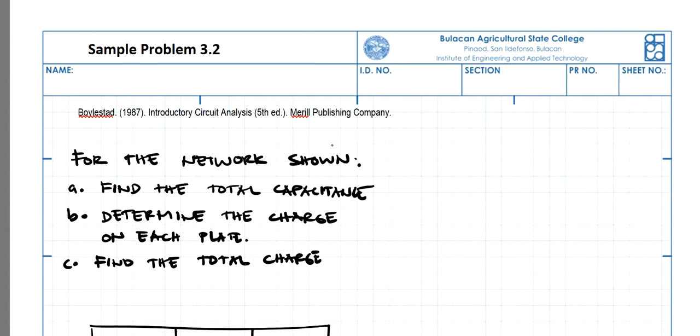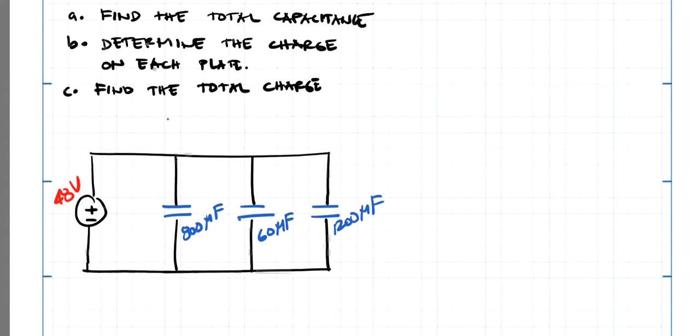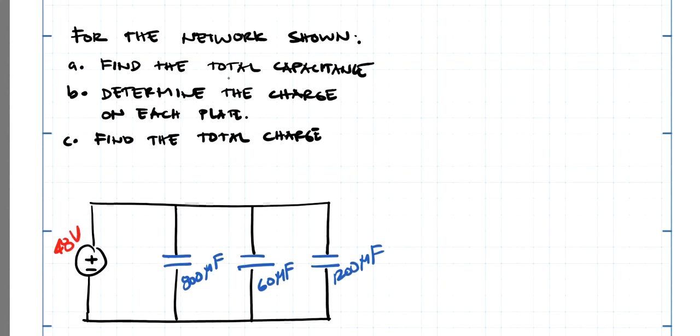Here's our second sample problem for the topic on capacitance. The problem says find the total capacitance of the network shown, and this network is in parallel connection. Next, we are asked to determine the charge on each plate. What is the charge here, what is the charge here, and what is the charge over here, and then finally